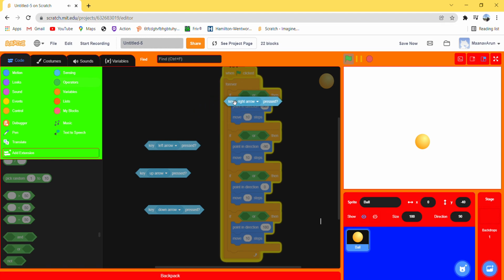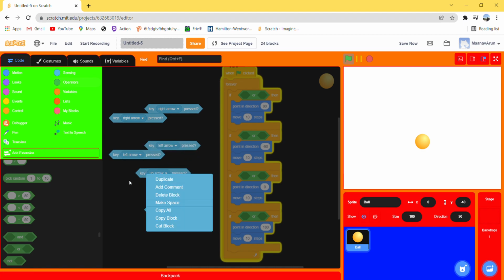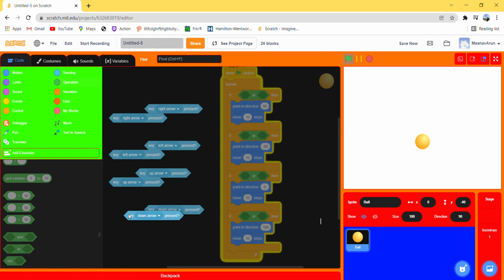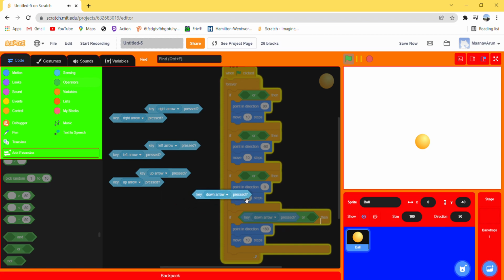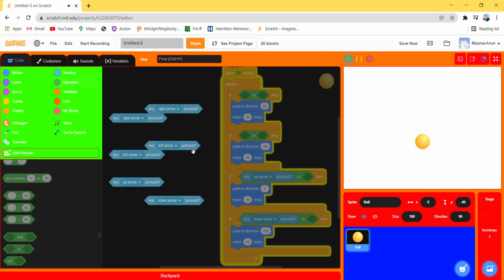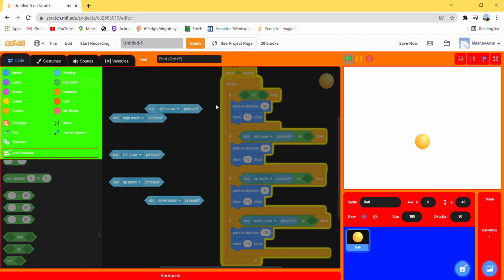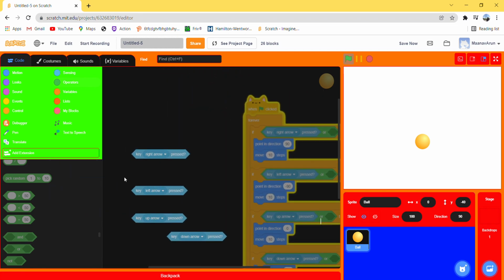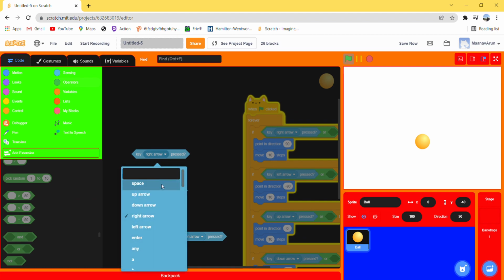And then duplicate all of the sensing blocks you originally had. And once you do that, you put all the controls back in. So you can put, if the key down arrow pressed, the key up arrow pressed, the left arrow and the right arrow in. And in the extra OR area, then you can switch it to, instead of right arrow,